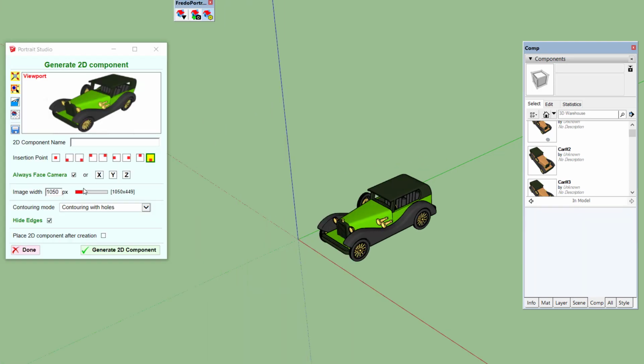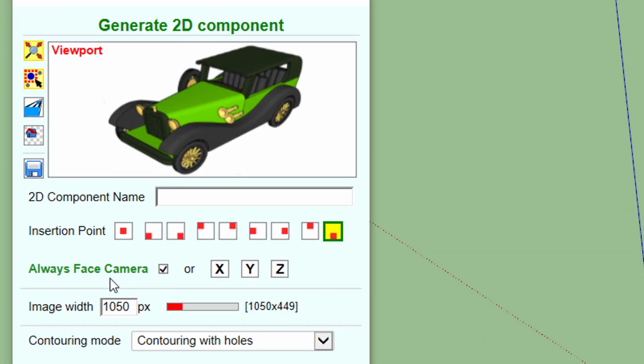You can generate the 2D component as a face me component, so always facing the camera. You can also generate it as a regular component with the choice of three orientations, which are given by the normal to the plane.